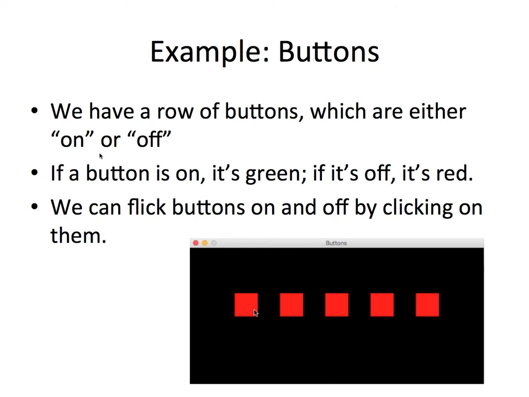Now that we know what arrays are, let's pull all of this together into the following application. So we have a row of buttons which are either on, green, or off, red, and we want to toggle them on or off by clicking on them. So really it's just an extended version of the light bulb example from the workshop the other week, only instead